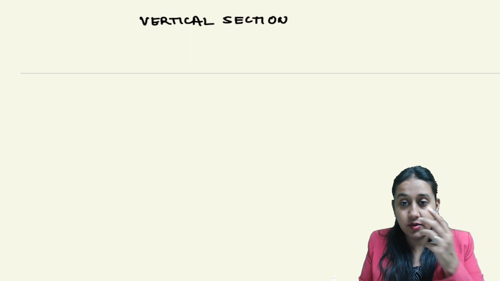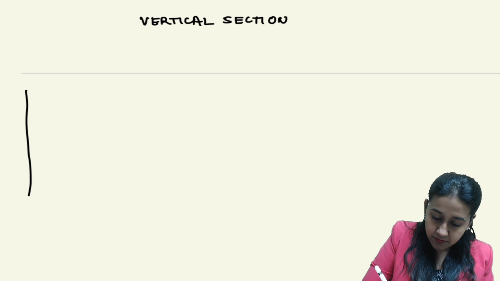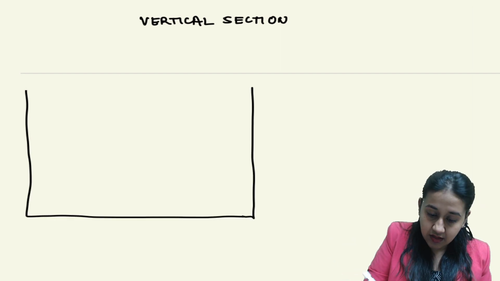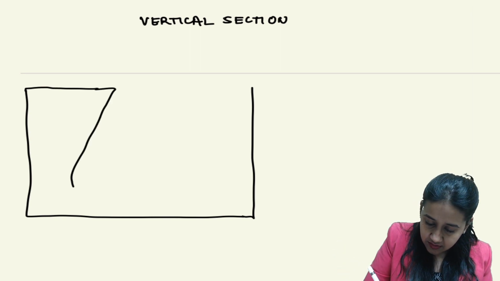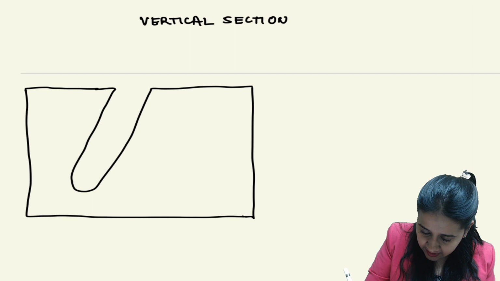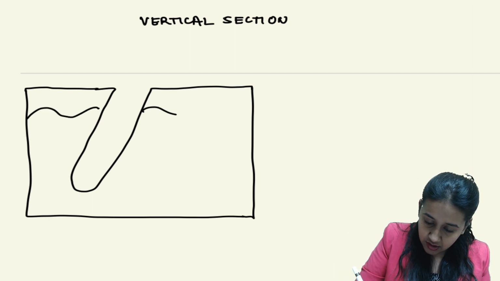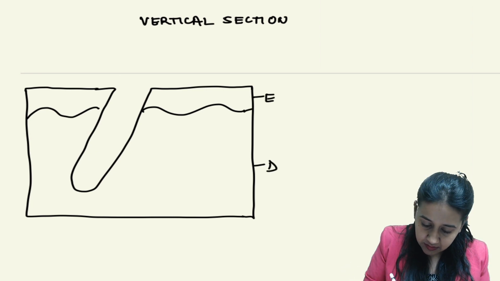Vertical section is important because there are few landmarks which you need to know. So this is your skin section. There's a pocket-like invagination in which the hair is present. This is known as hair follicle. This is your dermoepidermal junction, epidermis, dermis,